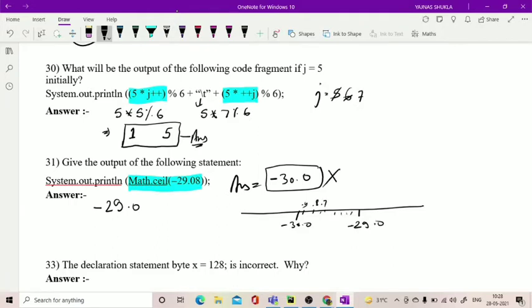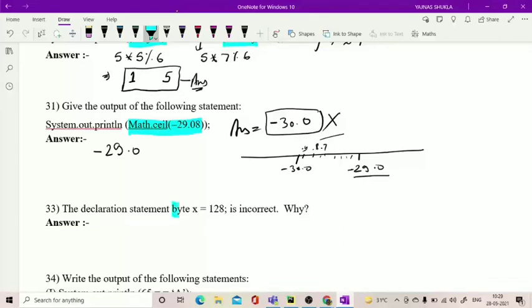There will be 10 parts of it in between. So where does minus 29.0 lie? Minus 29.0 is greater than minus 29.8. So we will get minus 29.0. So if there is a negative number and you have any doubt, you can take the help of the number line. Alright.